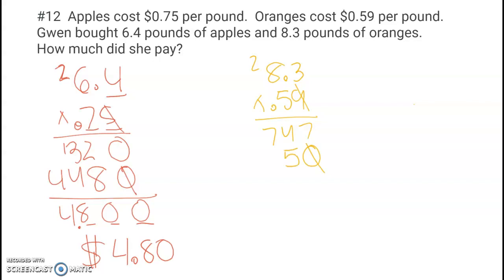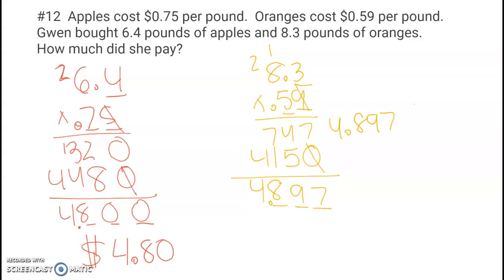5 times 3 is 15. I'll carry the 1. 8 times 5 is 40. Plus the 1 is 41. I'm going to add 7, 9, 8, and 4. Again, I do have 3 numbers behind the decimal, so I will have 3 numbers behind the decimal in my answer. So I have